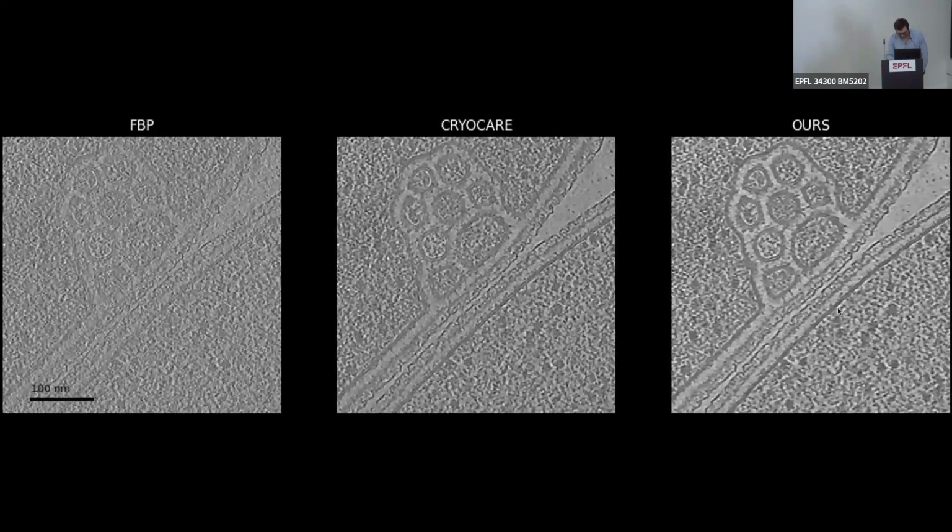This is the one that I like, so you can really see that it's close to this, maybe slightly better in some points. But the point here is that now we are not doing some sort of post-processing like CryoCare does. We really start with raw data and we do a reconstruction. And what I learned by trying to do that is that it's really not easy, right?